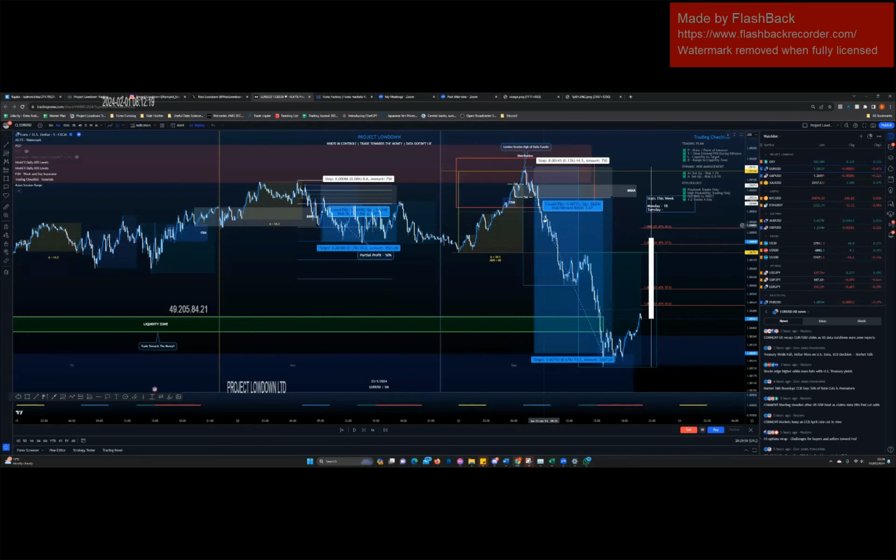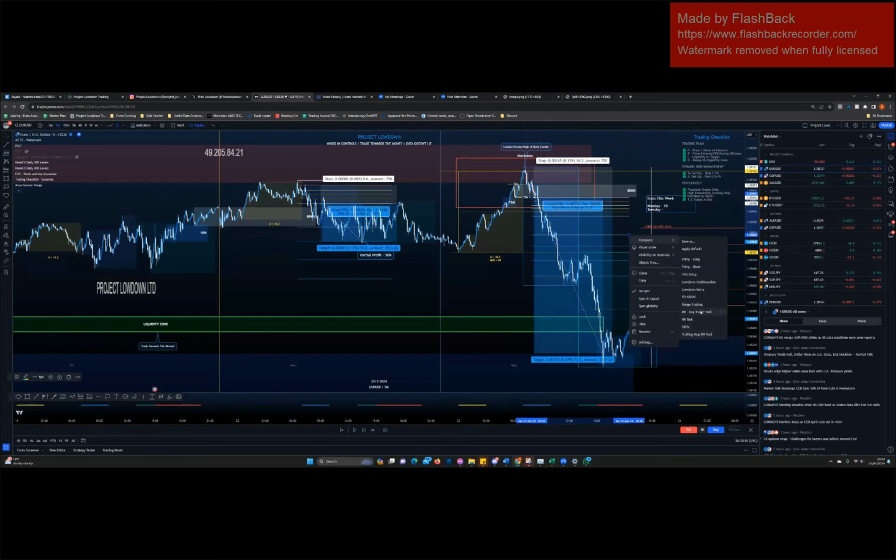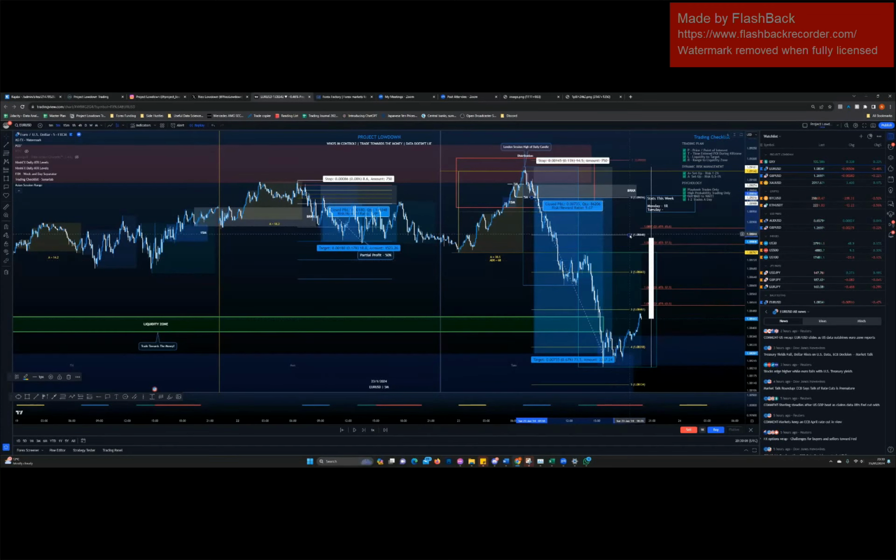So that being said, we mark out the trade in terms of risk reward. Let's use this one. 2R we knew was guaranteed. 3R was the questionable one. But we know, on the basis of how a day works, this low of the day has an 86% chance of forming between 3 and 8 o'clock, right? So with regards to this, I'm going to show you two ways of managing this trade.